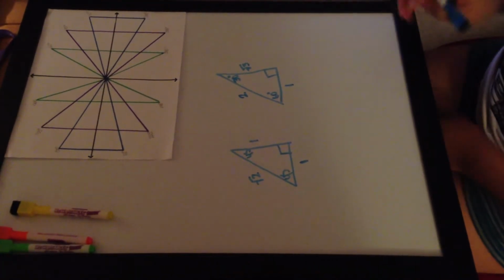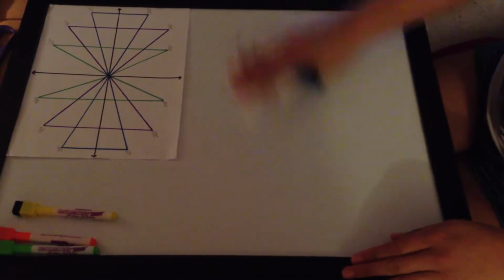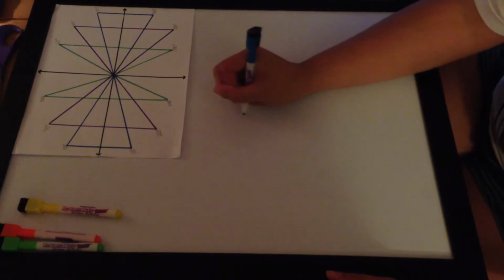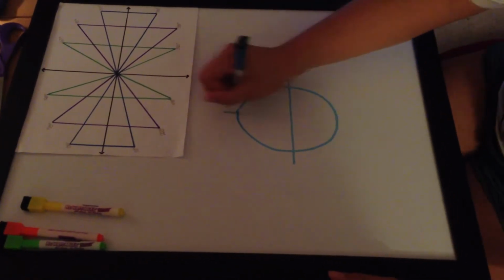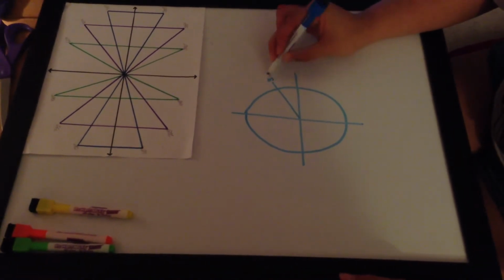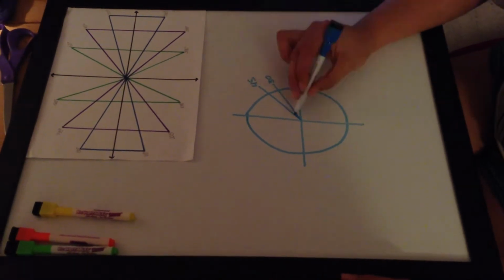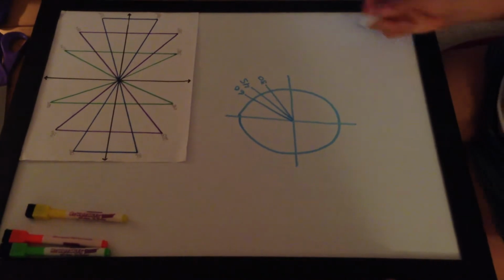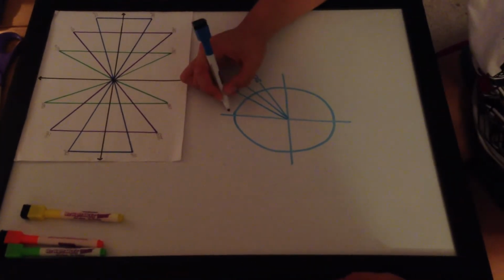Okay, so to go back to our circle, we have many of these special right triangles all together on this circle in different planes. So we have a 30 degree here, 45, and a 60 degree there. If we go even more, so this is going to be our 90